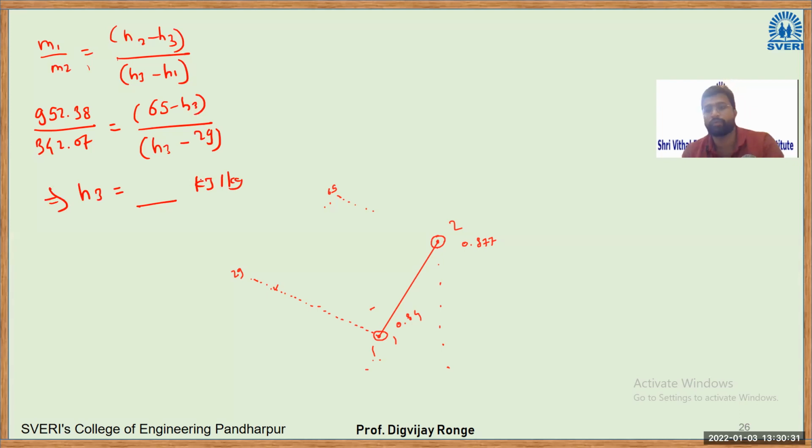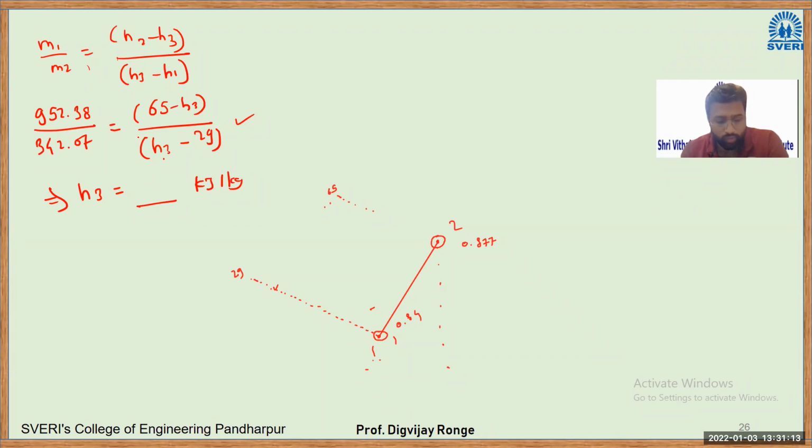Now you are in the last year of engineering, so don't waste your time solving this problem step by step. Directly you can write this equation into your calculator and then solve. So it will directly give you the value of H3. By this time, you should have figured out how to solve these complex equations in the calculator. In the calculator also you can create such equations and then go for the solve button. On clicking solve, it will give you the value of H3. Instead of H3, you can write X, Y, anything of your choice.